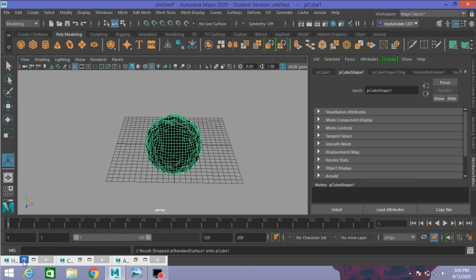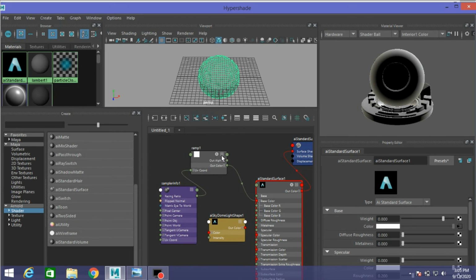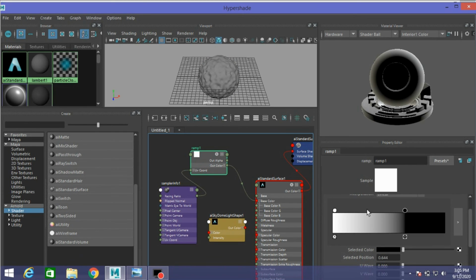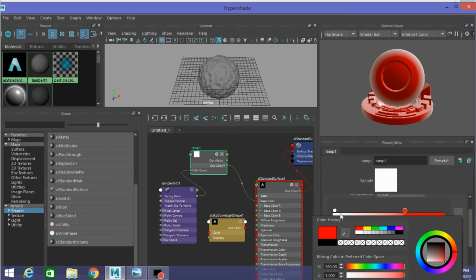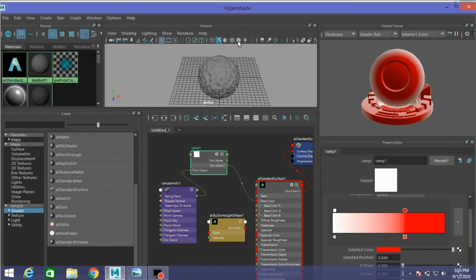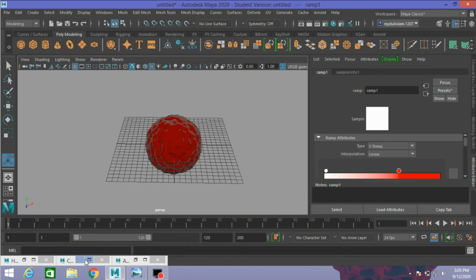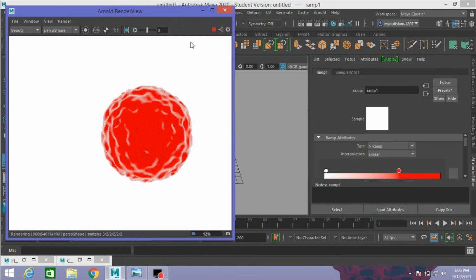Now go to Hypershade window or just click here, go to Hypershade window, select the ramp node, change the ramp color, you can make it red, click on this texture icon, color texture icon, again render and see the effect.